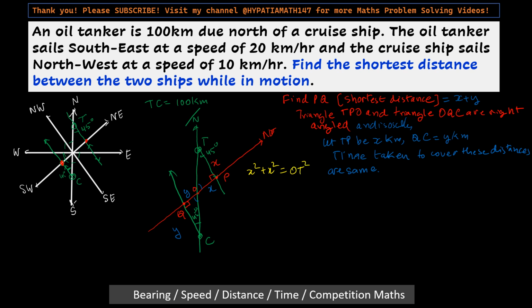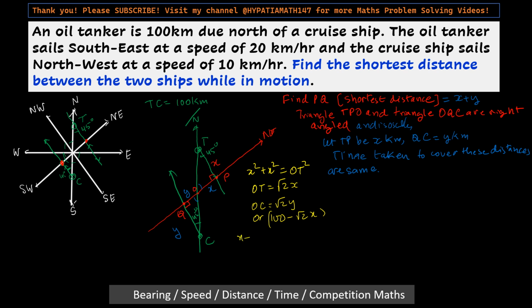So OT would be root 2x, and OC would be 100 minus root 2x. Or you can say it is root 2y first, or 100 minus root 2x,